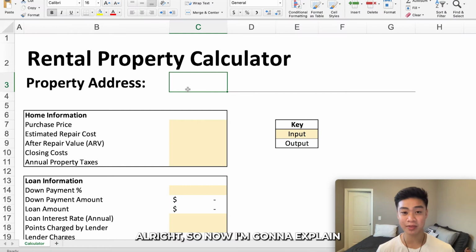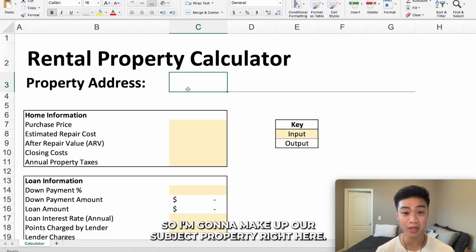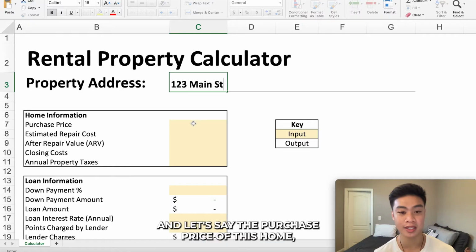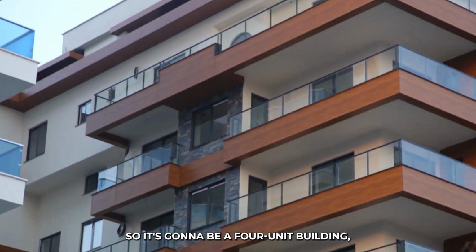Alright, so now I'm going to explain how to calculate cash flow for a house hack specifically. So I'm going to make up a subject property right here. We're going to call it 123 Main Street. And let's say the purchase price of this home, I'm going to call it a quadplex. So it's going to be a 4-unit building. We're going to call it